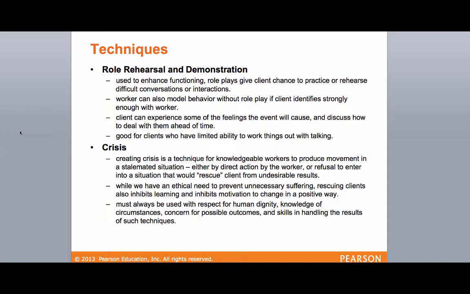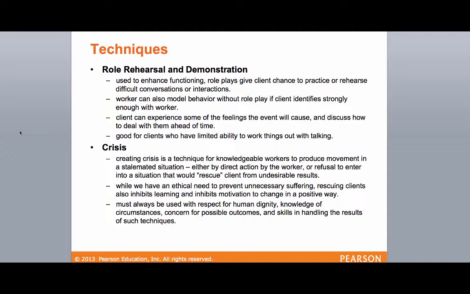Creating a crisis is a technique for workers who know what they're doing, and again, I would caution you to be sure to be trained in this well. But you can produce movement in a stalemated situation, either through a direct action by the worker, or by refusing to step into a situation that would rescue the client from undesirable results. I have a friend who, for instance,